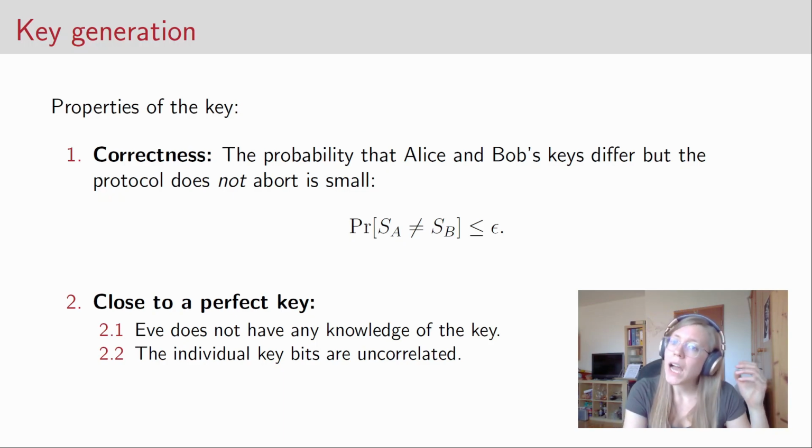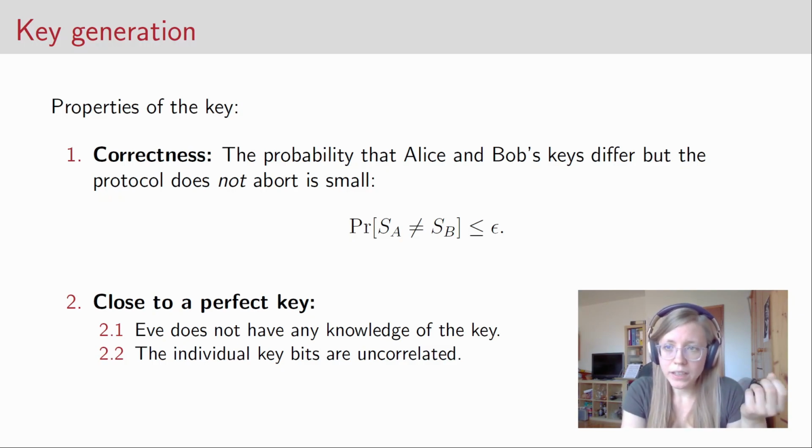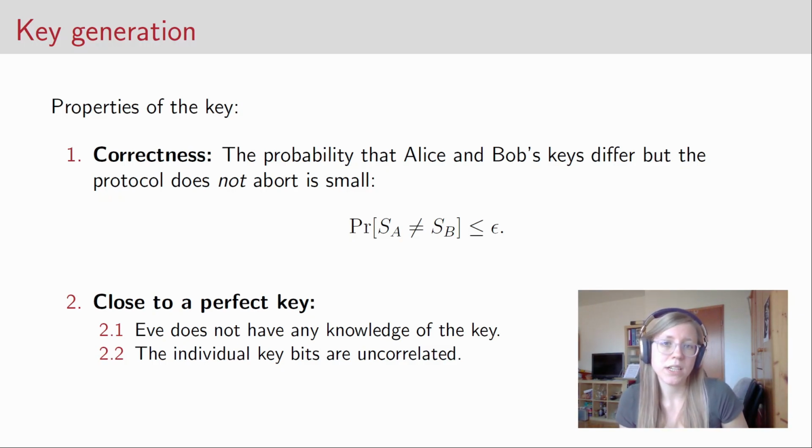Okay, but how can we build such a device that outputs these kinds of keys that we then can use in the one-time pad encryption scheme? This is the most difficult part. How do we create keys for Alice and Bob that fulfill all these requirements? And this is exactly where quantum mechanics comes in. In the following, I will show you the specific quantum key distribution protocol BB84.